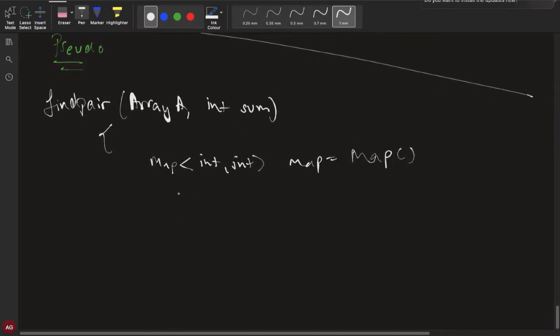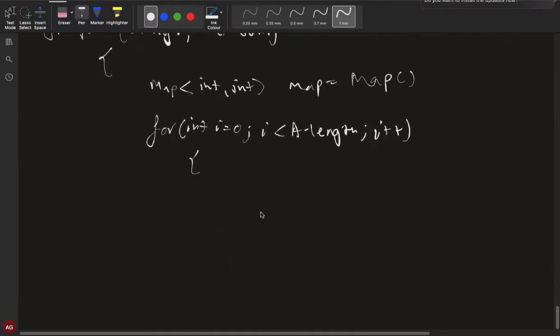And we will start looping, i will be smaller than the length of the array, and we will increment the i variable, and at every point, the current element is the ith element, so we will check if map dot contains sum minus a[i], right?